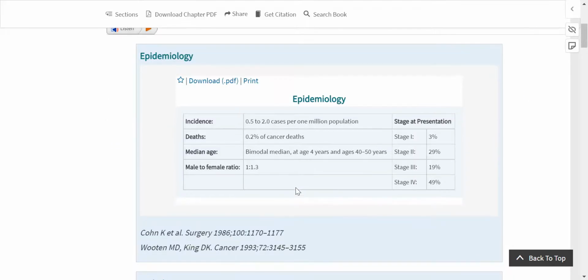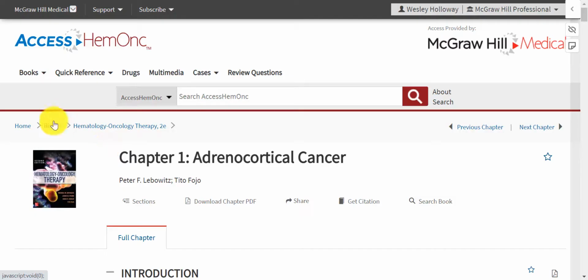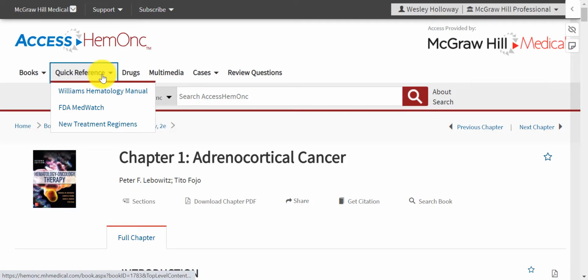The full chapter will include any relevant figures and tables. All figures and tables can be downloaded as PowerPoint slides or PDFs, as well as printed and viewed in full size. Under the Quick Reference section of AccessHemOnc, users will have access to items that are useful for the point